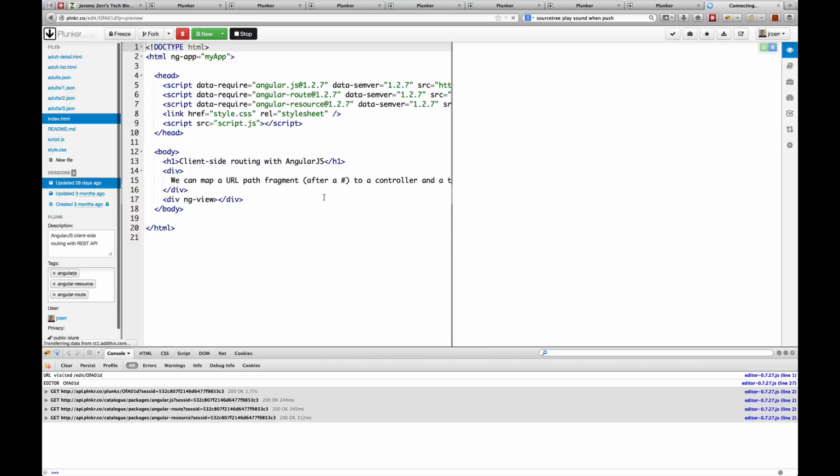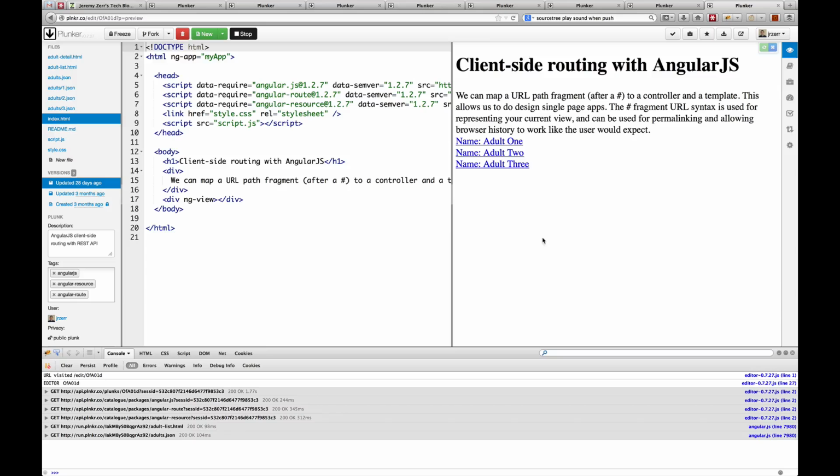This isn't exactly the easiest thing to use in Plunker because of some oddities about how to use a back button in this iframe, but we'll show it. So here's the end product. I am listing my 3 adults, and I have each of them as a link. And if you can see the link down below, you might not be able to, right now this page is at #/adults,